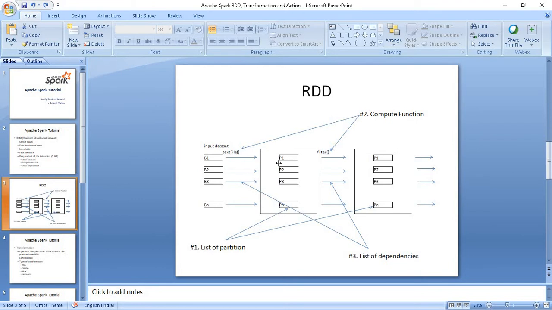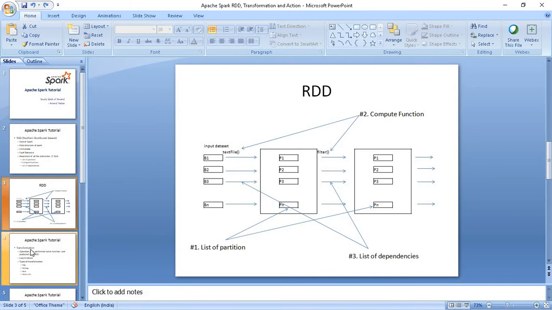Then we can recover it, because we can get the information from block 1. So this list of dependencies is also stored in the RDD. The RDD consists of all this information, so whenever a failure happens, it can recover with the help of these three pieces of information, and data is available for computation later.